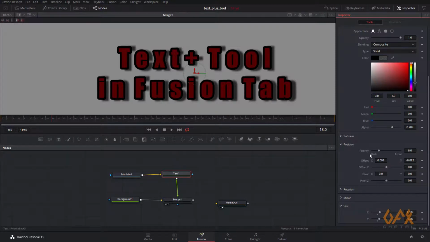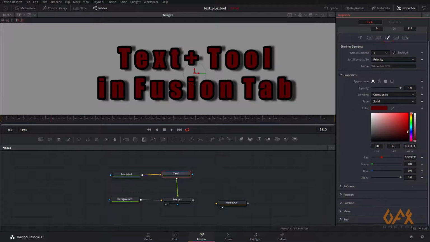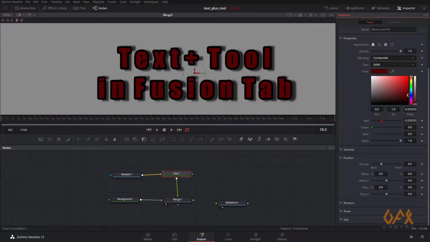So for example, right now my element 3 has priority 6, and my element 1, that is this text fill, has priority 8. So that's how this particular content is in front of your composition and shadow is on the back side of this particular content.